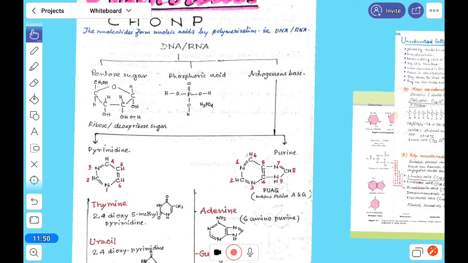So how can you remember this? I am telling you a trick. Purine, PU: adenine, guanine, AG. So your school name, Purulia, AG, Assembly of God Church. Okay, thank you.